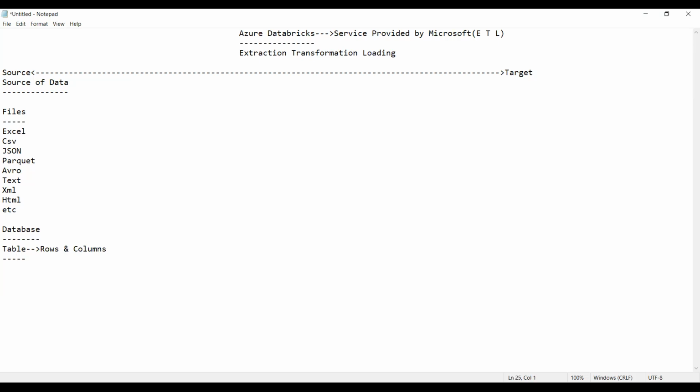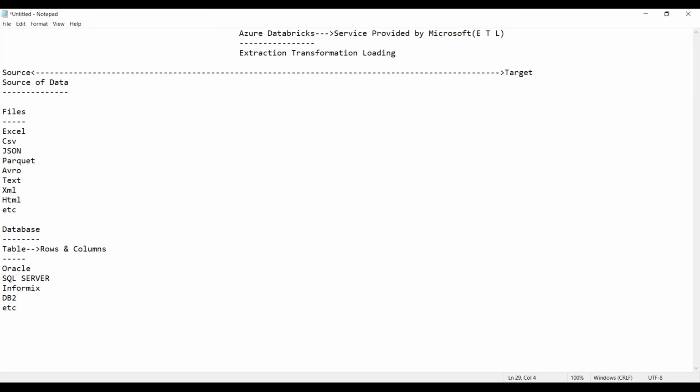We can have many products. I'm using a few. Oracle, then we have SQL Server, Informix, DB2, etc. These are nothing but the types of databases.